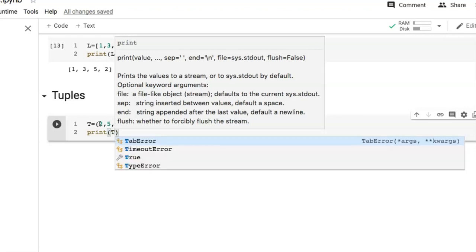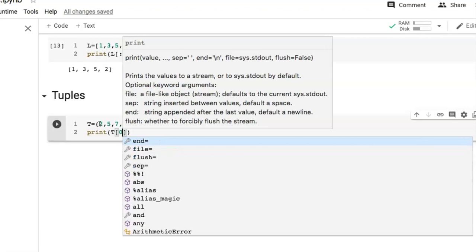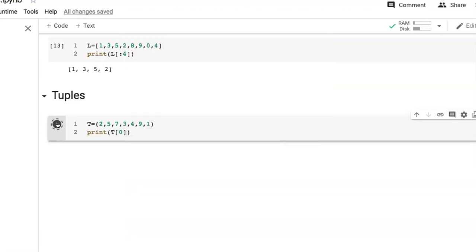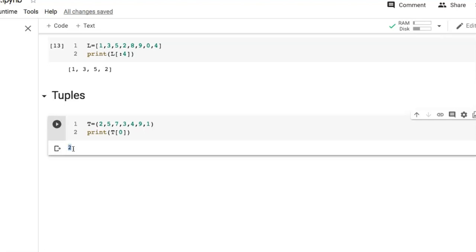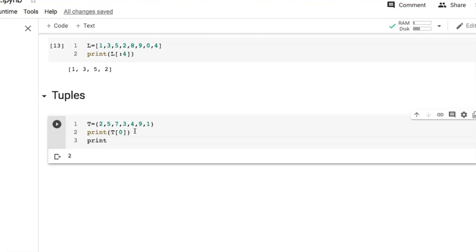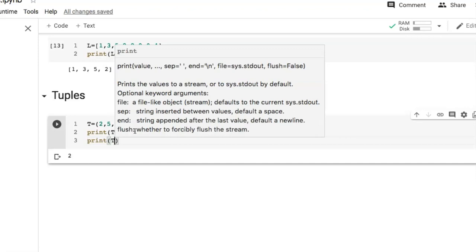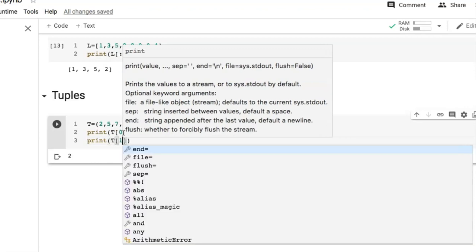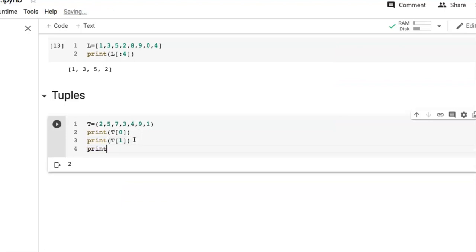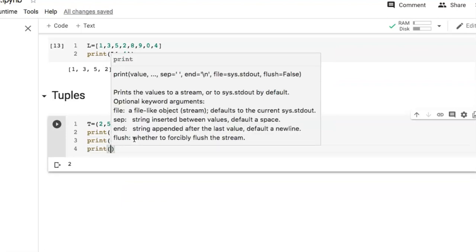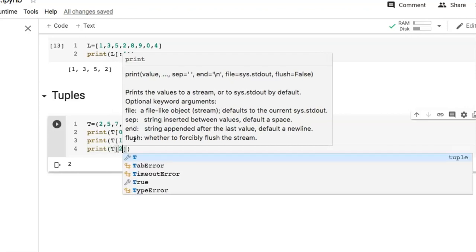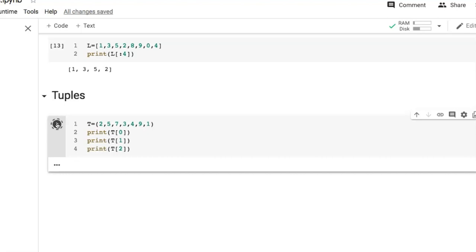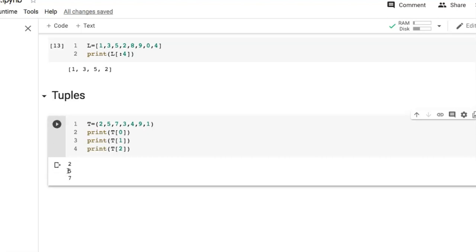So print first the value at index number 0. Let's run this, and we got element at index number 0. You can print other elements also, suppose value at index number 1, and print value at index number 2. Let's run this, and we got it: 5 the value at index number 1, 7 the value at index number 2.